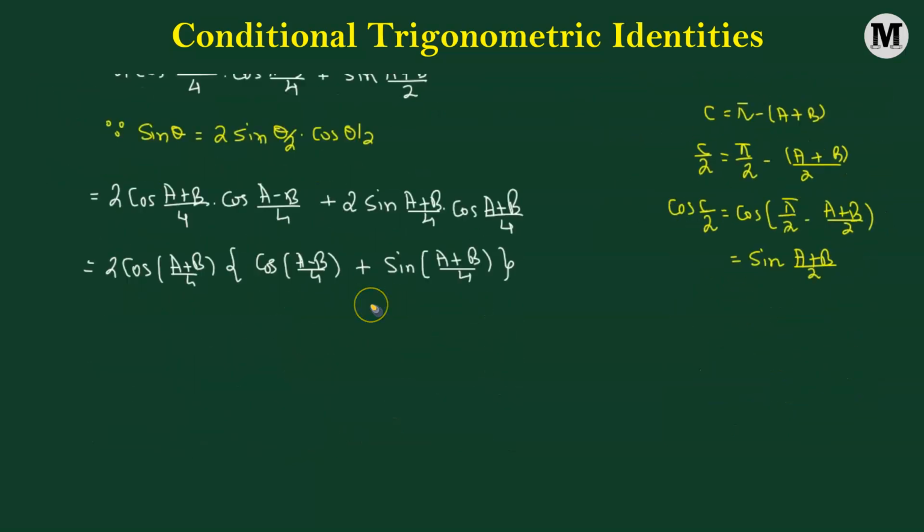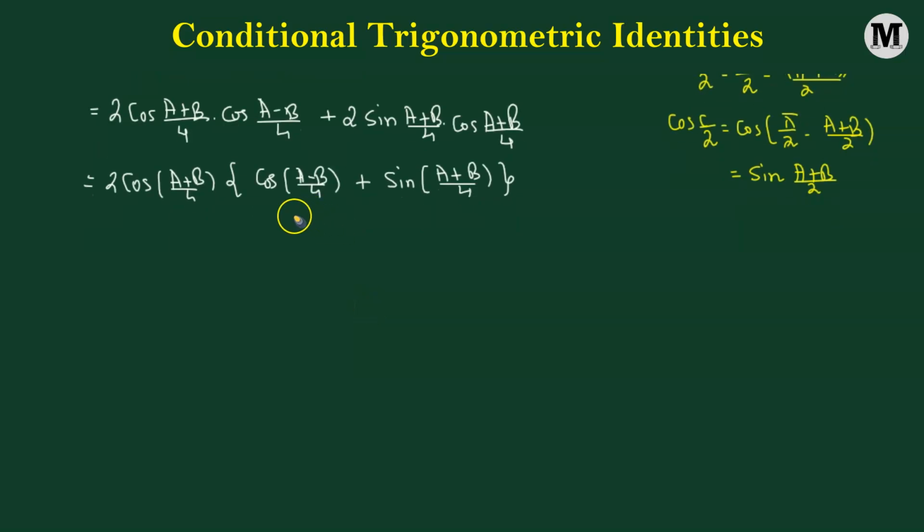Okay, so here the problem is we cannot straight away add the 2 trig functions within the parentheses, because one is a cosine function and the other is the sine function. So in order to add them, both of them have to be either cosine functions or both of them have to be sine functions. However, what we can do,